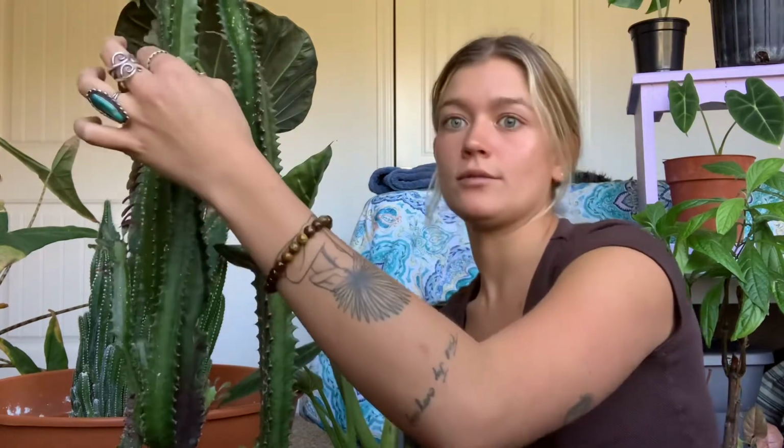All right, so this one does not completely fit in the camera, but this one, this is really exciting. I'm gonna propagate them right now, but this is not a true cactus. This is a type of euphorbia, and it's actually most related to poinsettias. How crazy is that? So yeah, no flowers for this one. It has these really cool feathers on it. Mine desperately needs to be cut. He'll look so much better, because this guy is just one whole